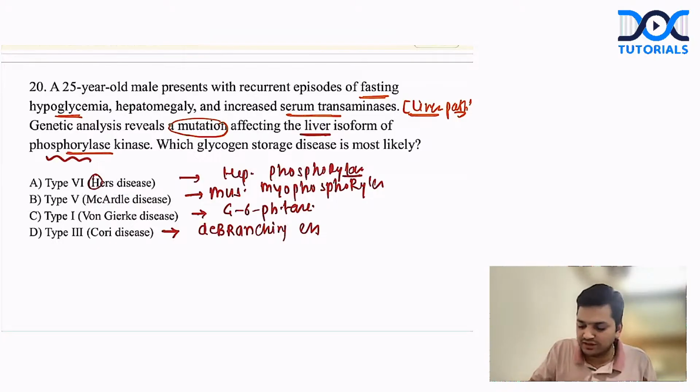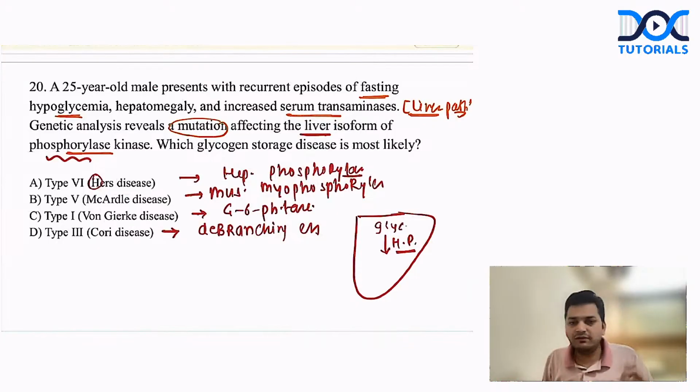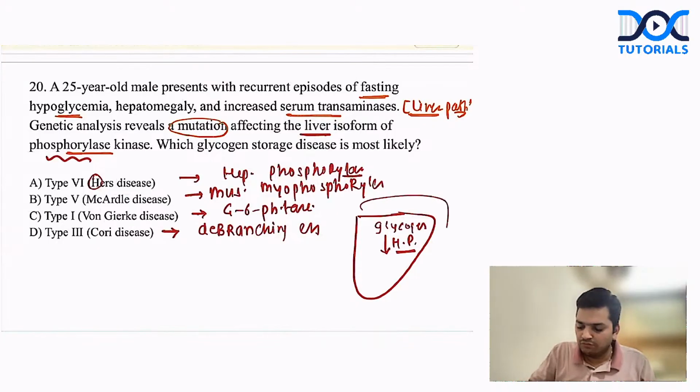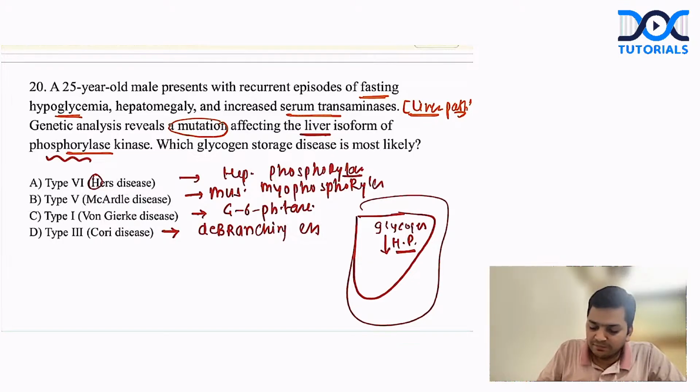See, what happens is normally in the liver, the glycogen which we are having, the first enzyme that is going to help in the cutting is the hepatic phosphorylase. And if this is not there, the glycogen will not be cut in the liver, and that will accumulate, and that will lead to hepatomegaly. And this is what is happening. This patient is having hepatomegaly with hypoglycemia, and they have written itself clearly that